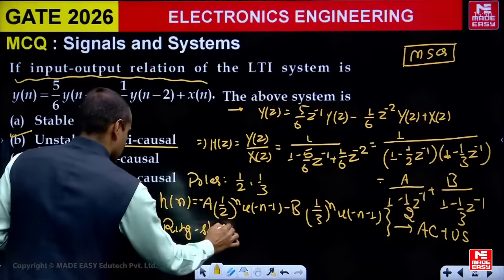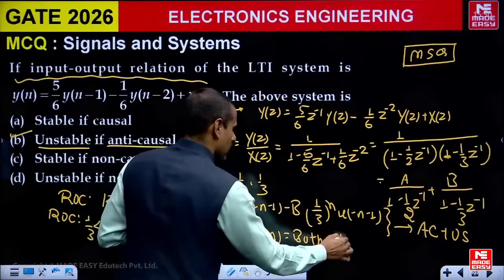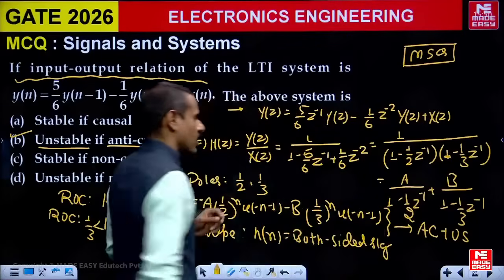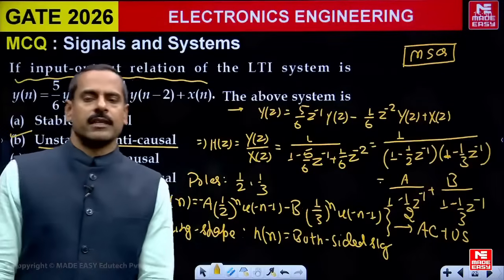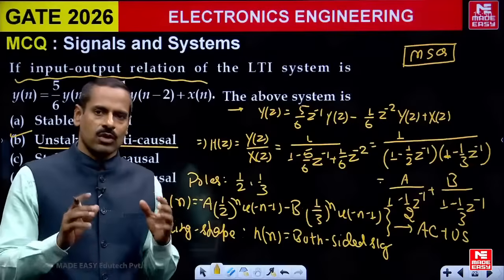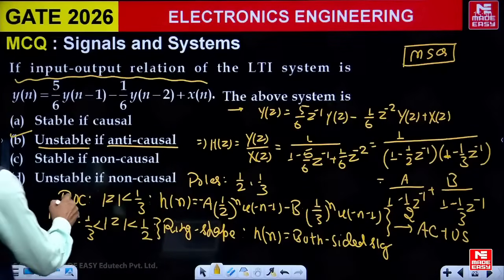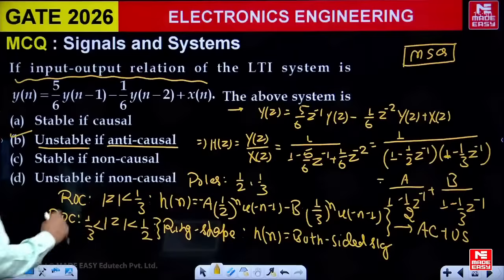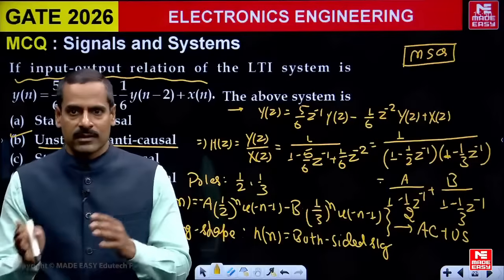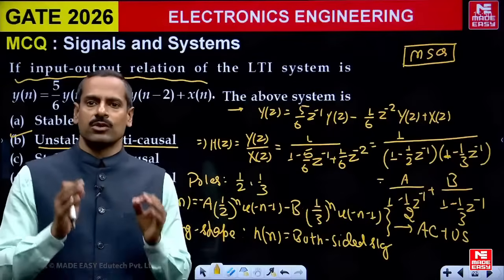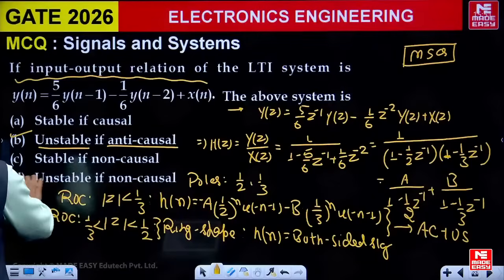और अगर रिंग शेप का ROC है, तो बताओ h[n] का नेचर कैसा होगा? बोथ साइडेड सिग्नल होगा। और अगर h[n] बोथ साइडेड सिग्नल है तो h[n] के सैंपल्स LHS में भी नॉन जीरो हैं, RHS में भी नॉन जीरो हैं। इसका मतलब h[n] नॉन कॉजल टाइप का सिस्टम है। और इस ROC में यूनिट सर्कल इंक्लूडेड नहीं है, इसका मतलब सिस्टम नॉन कॉजल है और अनस्टेबल है। नॉन कॉजल क्योंकि h[n] के सैंपल्स LHS RHS दोनों में हैं, अनस्टेबल इसलिए क्योंकि ROC में यूनिट सर्कल इंक्लूड नहीं हो रहा है। तो नॉन कॉजल होगा अगर अनस्टेबल है, D भी करेक्ट है।